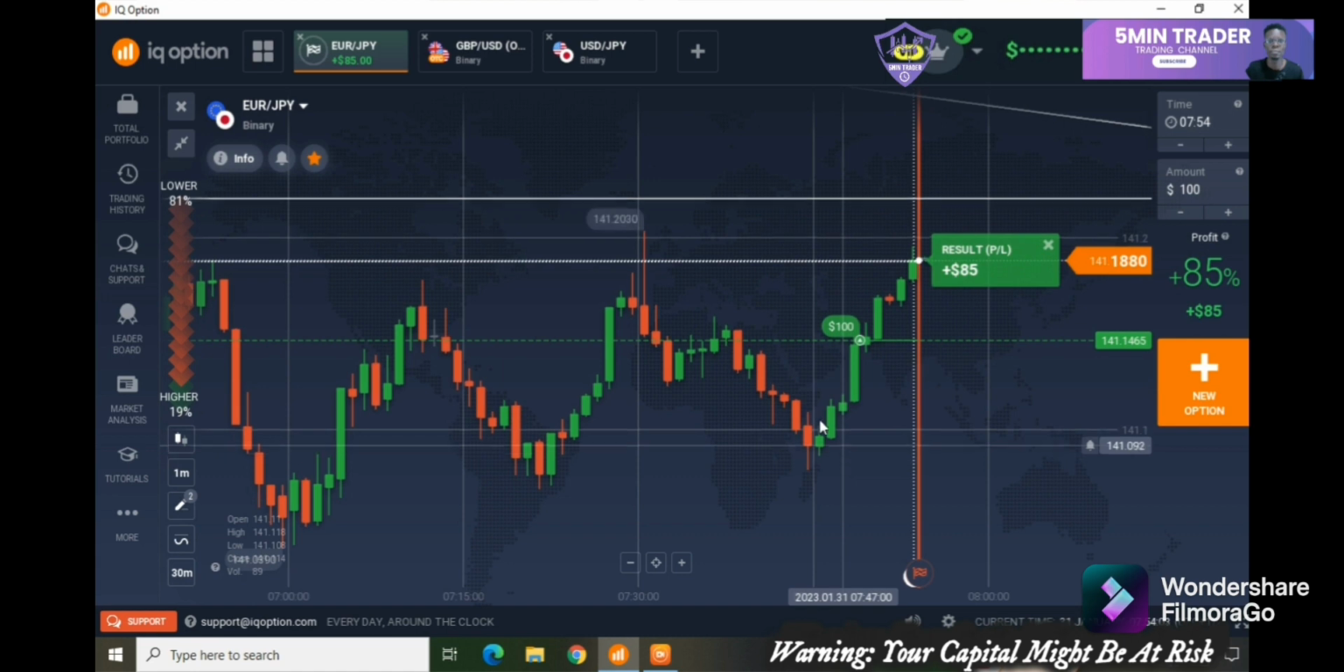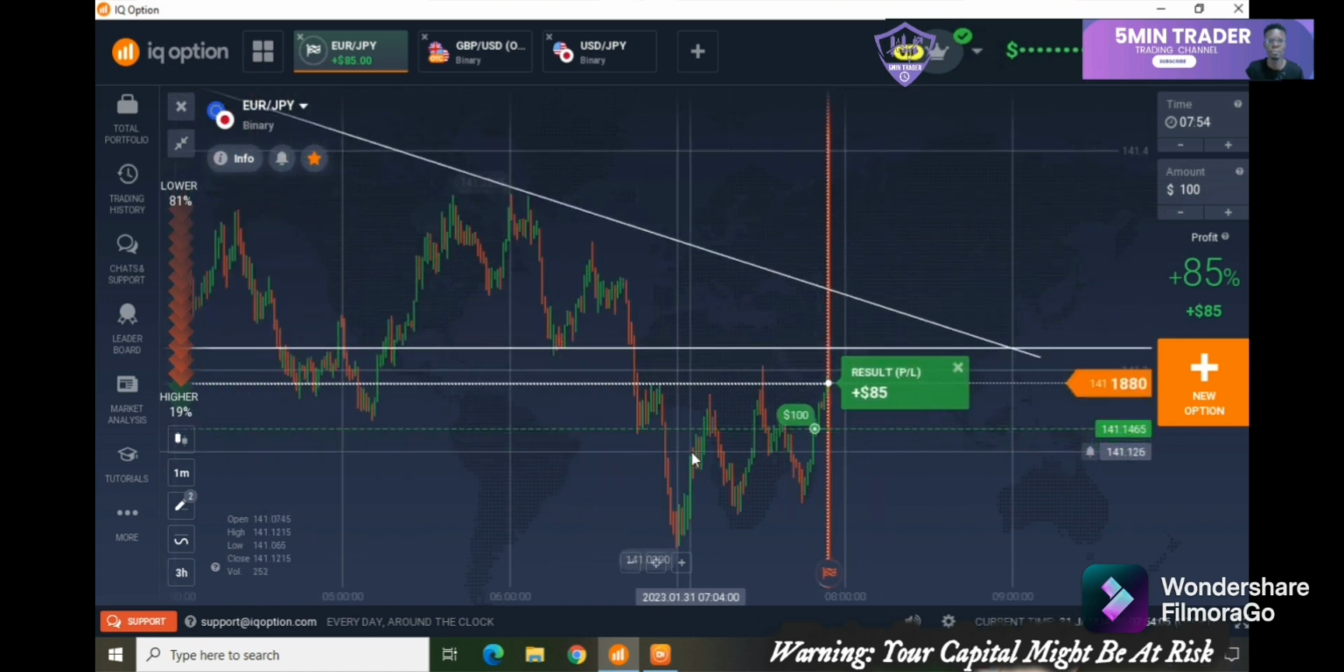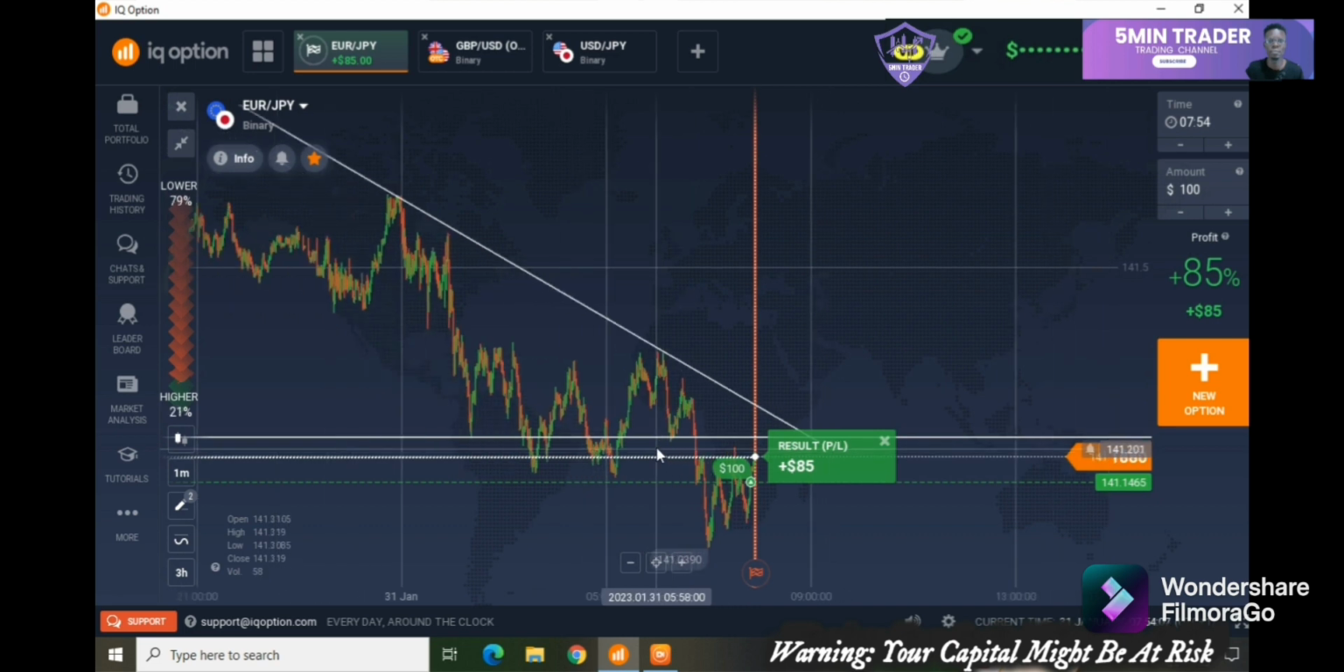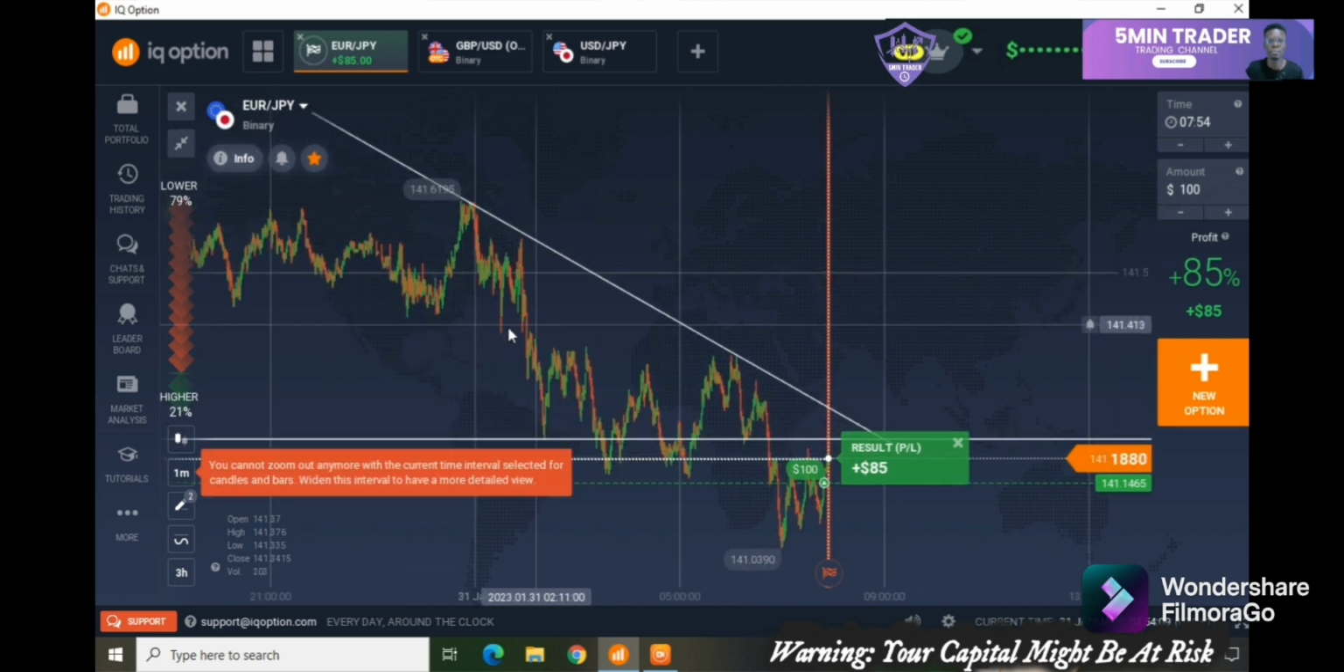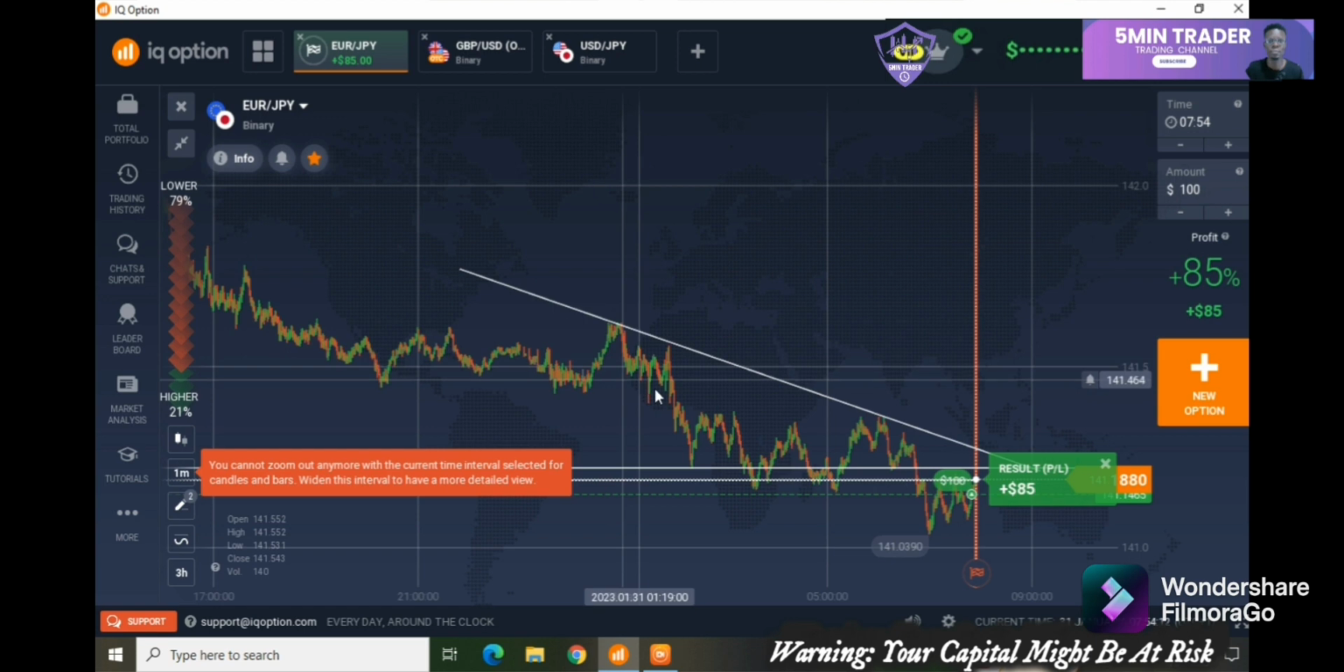So guys, we've won this trade easily. Now let me explain why I took this trade. When I opened this chart, the first thing I did was analyze the chart, and I found out that this is a very strong